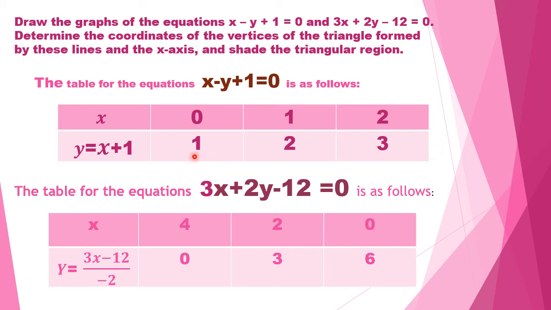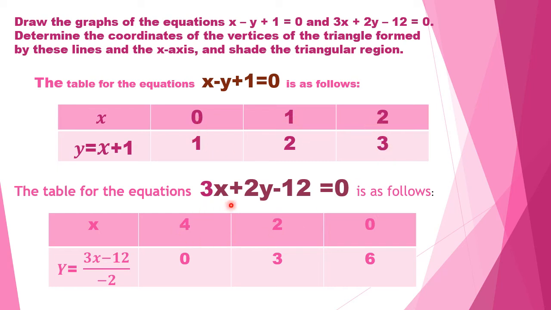The trick in mathematics is always that we have to save time in the board exam. So for your convenience, you have to always take one value 0 either in x or in y in the table. As you can see here, I have taken 0 in the x coordinate and as the y coordinate I have taken another 0. So it will save your time and you will get two pairs of coordinates immediately without consuming a lot of time. So let us move over here. The first pair is 0, 1, second one 1, 2 and the third one is 2, 3.